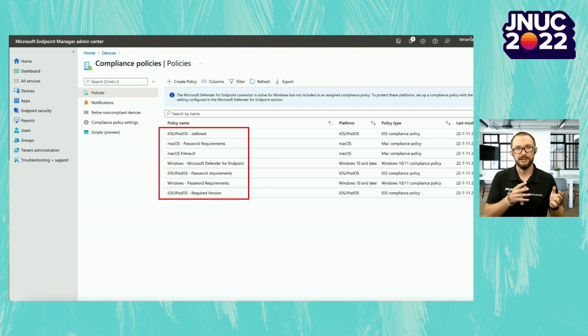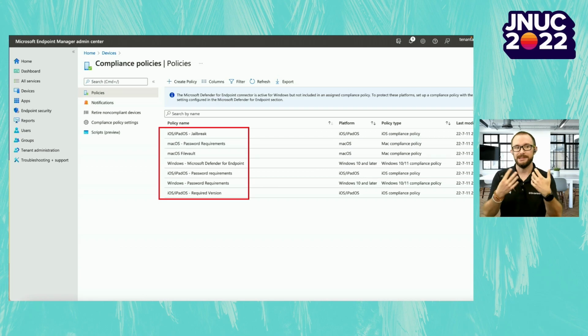But for a device to be considered compliant, it needs to fulfill all the policies that are targeted to that user that's trying to access the data from a particular device. So let's say that I use multiple devices and I'm targeted with multiple compliance policies. Every time I use a device, the compliance policy will be evaluated. If it's a managed device, it will be able to recognize if it is compliant or not. If it's an unmanaged device, it will automatically be seen as an unmanaged device. But it will always follow me, which I think makes a lot of sense, because I shouldn't have different rule sets dependent on which device I use.